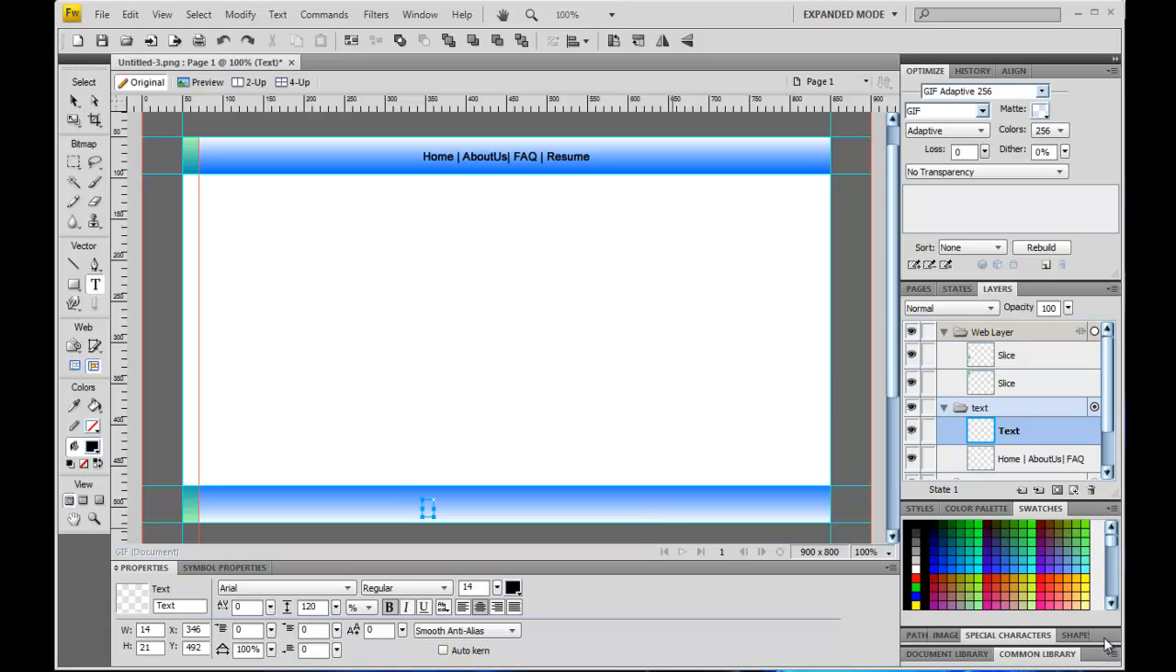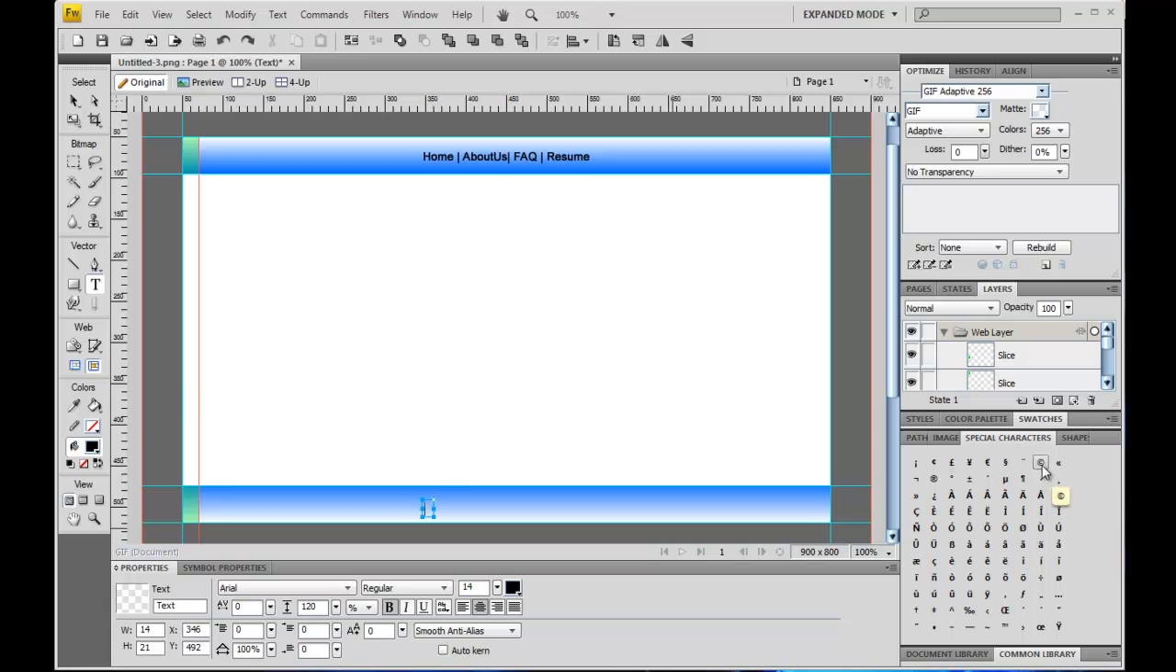Come down to special characters, get my copyright sign. I apologize if my spelling's wrong. It's not exactly my forte. Okay, so now that we got those two set up,